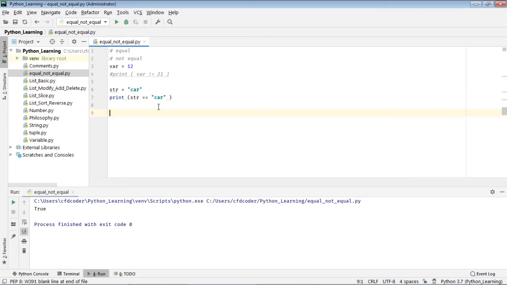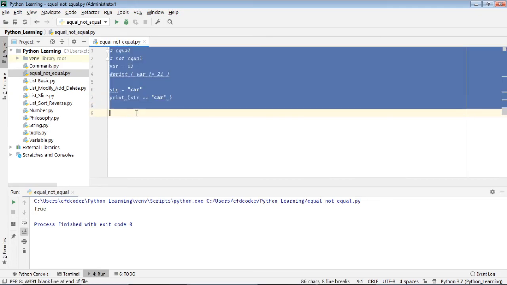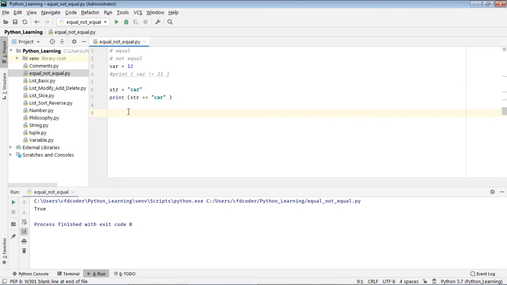Alright, so this is very common in the Python conditional statement to check that there is something that equal or not equal to